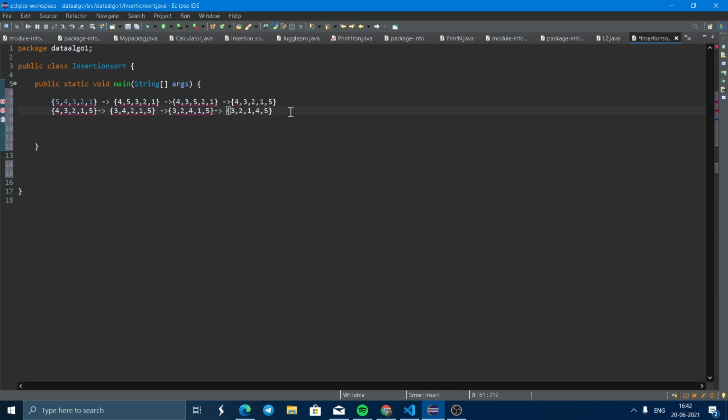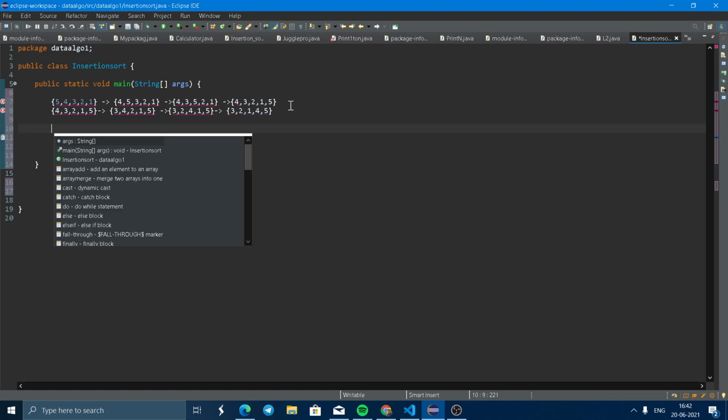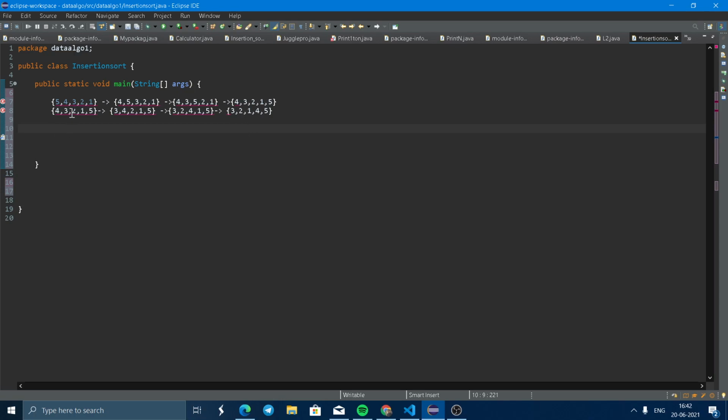In this way, at the end it will look like 1, 2, 3, 4 and 5. At the end it will look like that.